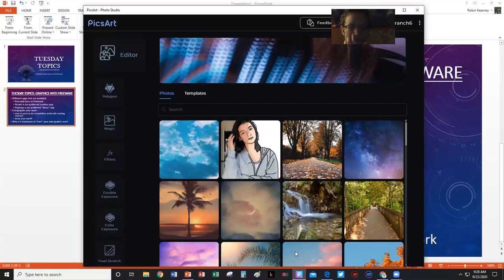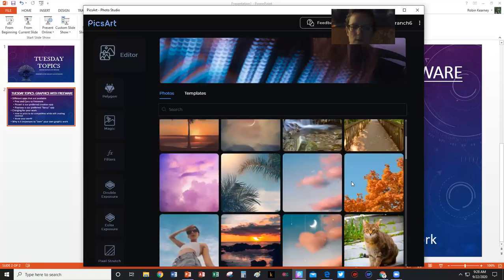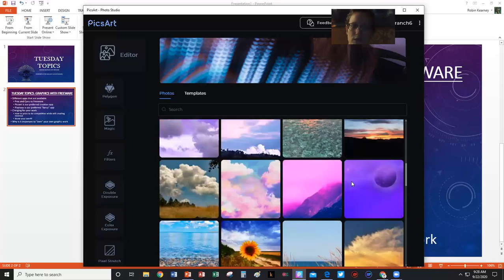So what I'm going to start out with is you need to pick your backgrounds. You're building in layers. Their relayering function is still kind of tricky and not fully working, so I've given them that feedback. With them, you have a choice of photos that they have for free use.